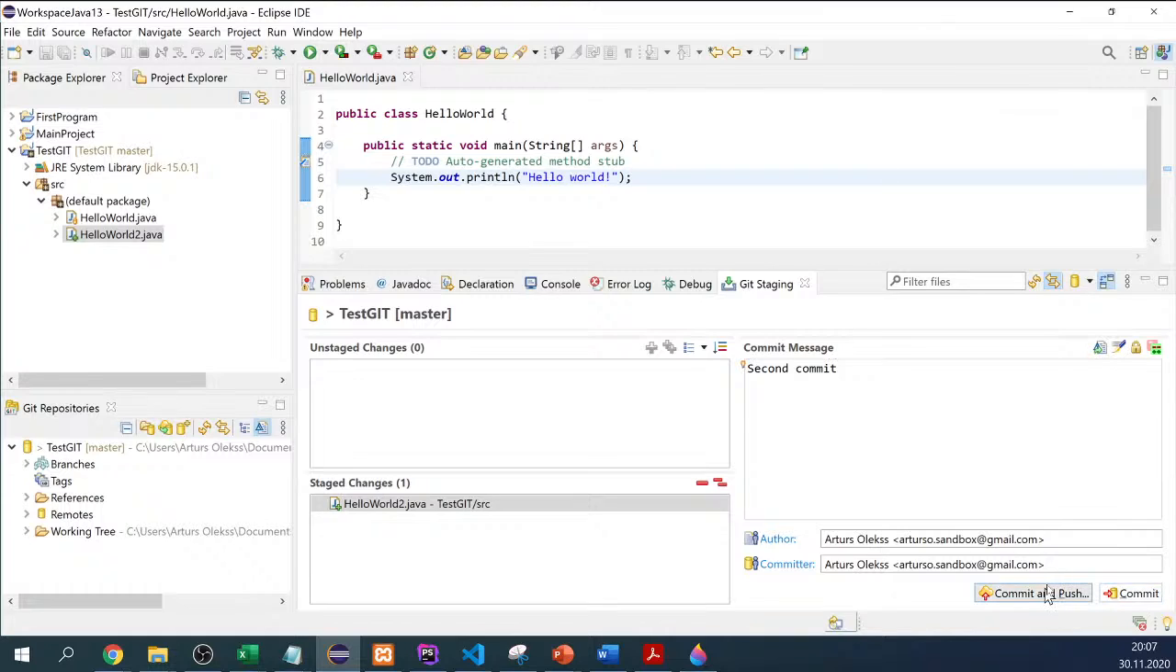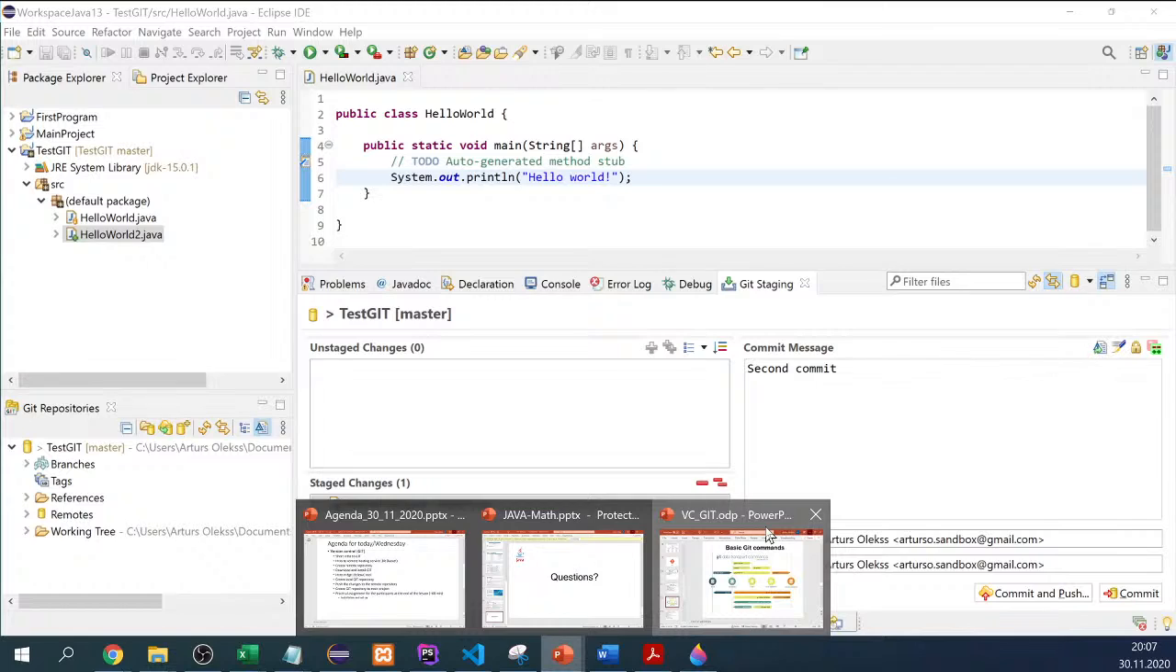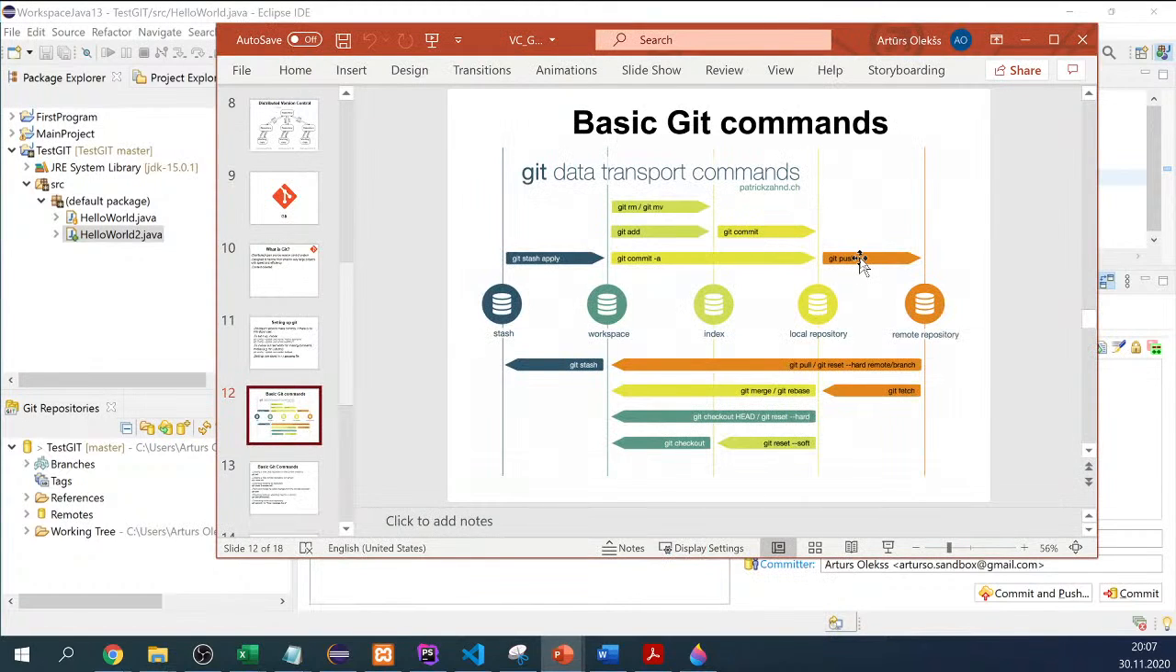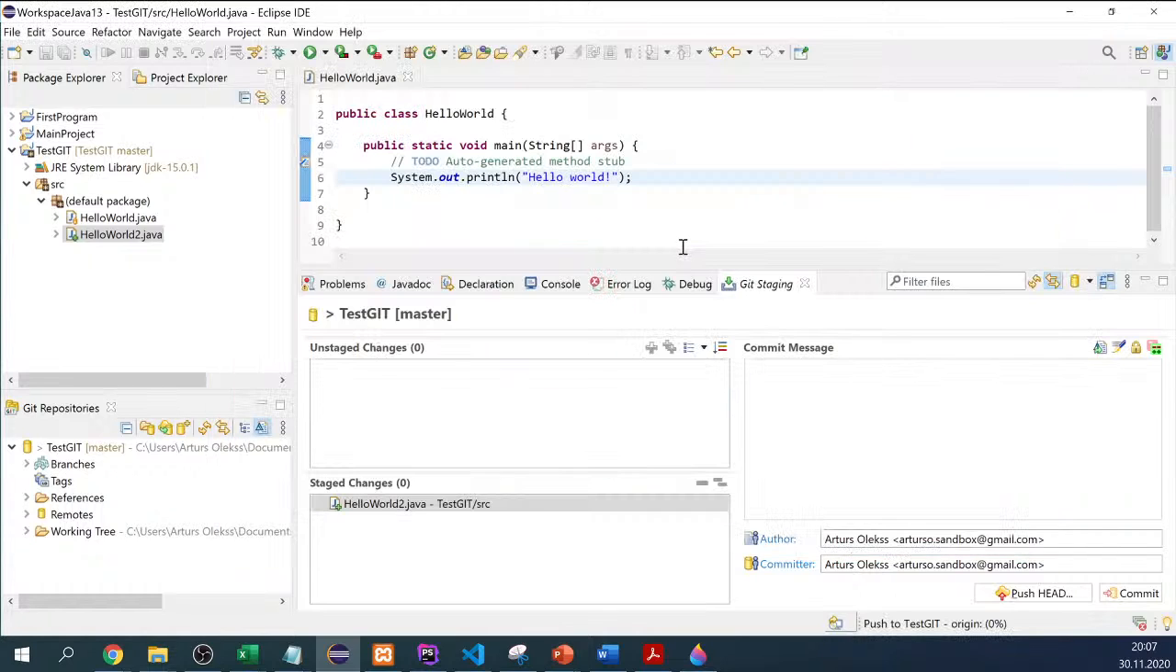Yeah, we can use commit and push, or just commit. This means that just 2 steps will be done. So basically, we'll just do both these steps together. Yeah, so we can do it. Why not? It actually means that we do commit plus push together in one operation. And if we go again to our remote repository,